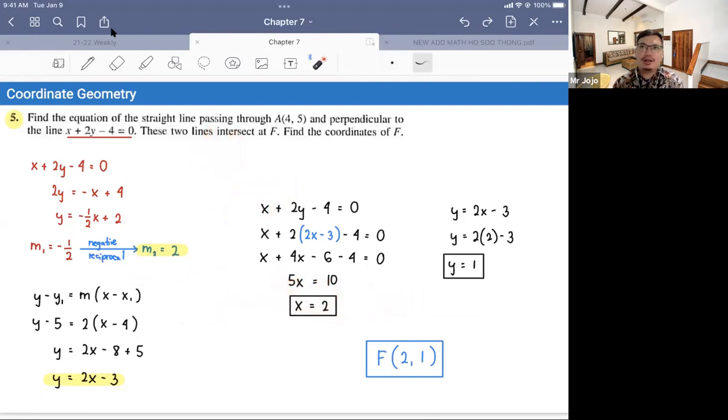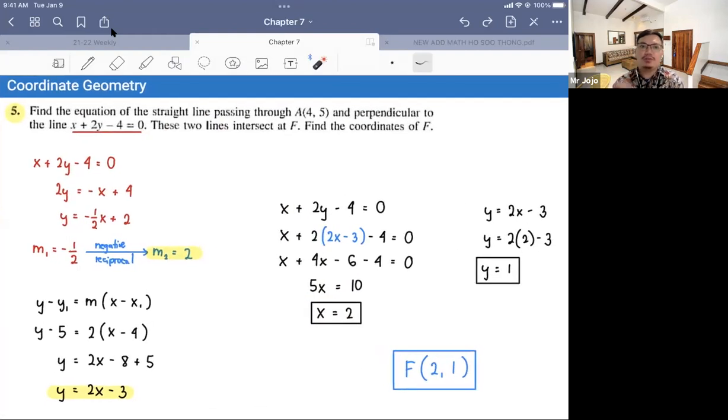How do I get the gradient? How do I get the points that I need to get the equation of the line? See, class, everything that we've learned is now connected into one question, right? Gradients, points, equations of a line, everything is now in this question. So from here,